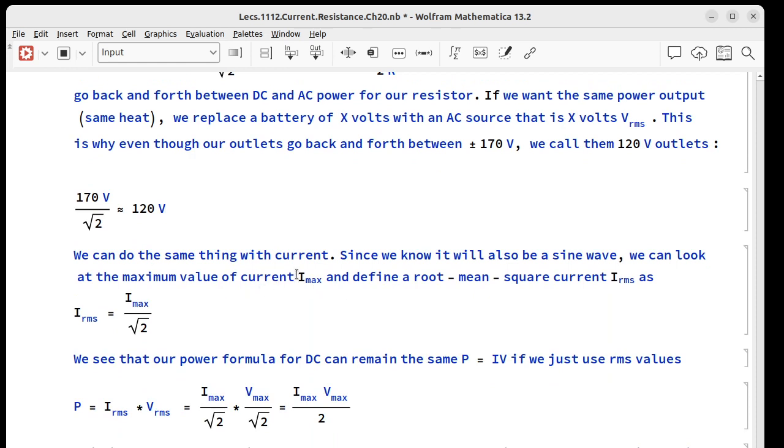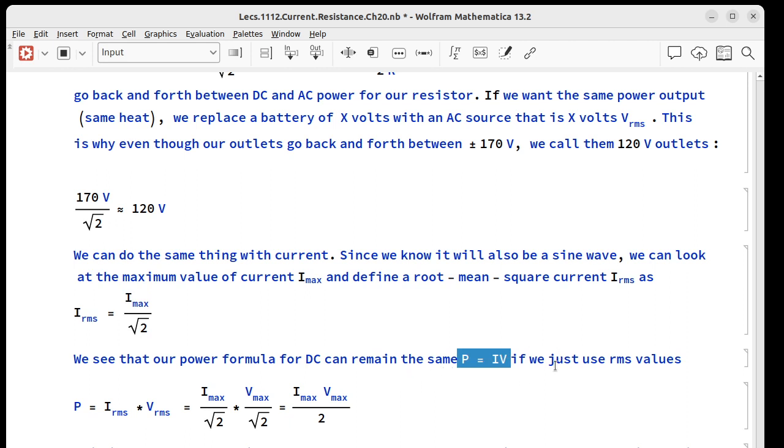We can look at whatever the maximum value of the current is, Imax, and define a root mean square current as that maximum current divided by square root of 2. Now what's our power formula? We had P equals IV when we were talking about